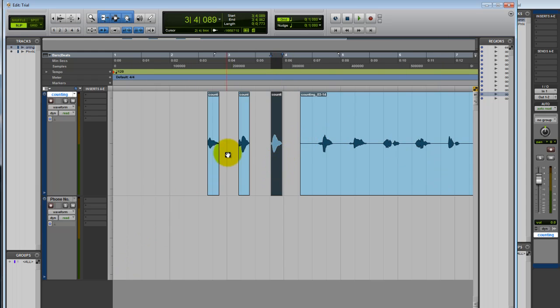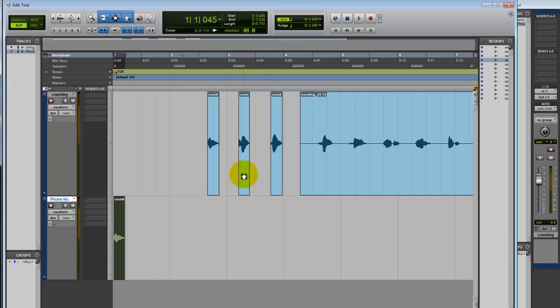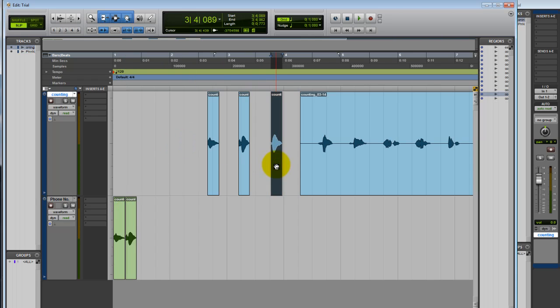So what we want to do after we've trimmed our regions accurately is simply copy and paste the numbers to say your phone number. If I just do this very quickly, just an example, copy, Control C, Control V, and repeat. Now, when I want to return the cursor to the start, so if my cursor is about there,